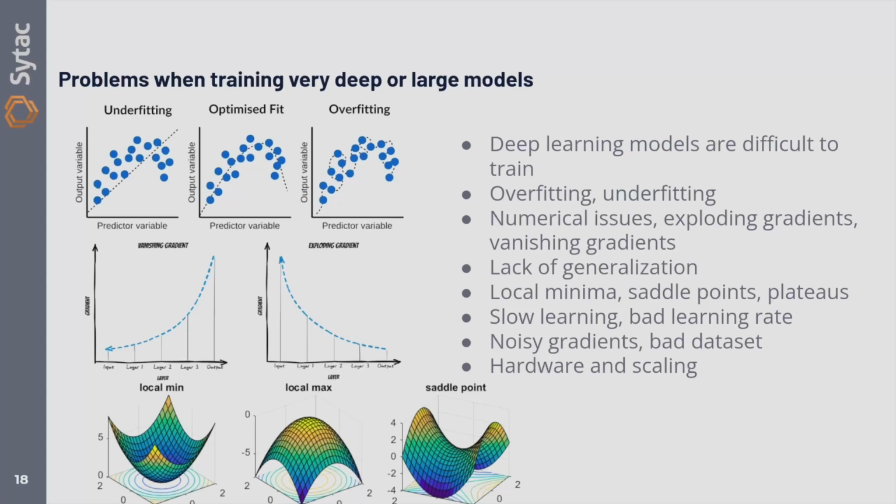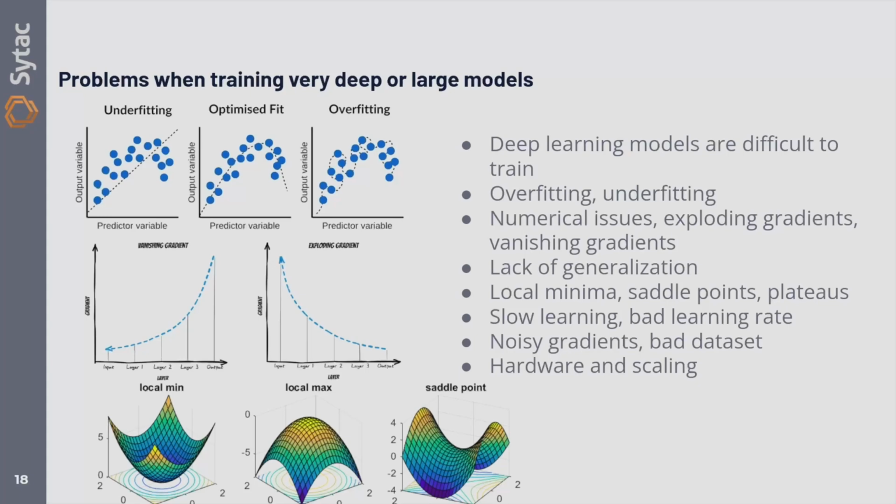You don't want to make a model that's too simple. You also don't want it to exactly fit the training data that you push in. You can get numerical issues very easily, things like exploding gradients, vanishing gradients. If you make your models very deep, we want to calculate the gradients of all your parameters. If your parameter is 20 layers deep, then it gets a little tricky to see what exactly the effect of your parameter on your loss function is. And if you can't calculate that, then you can't really learn the correct parameter.